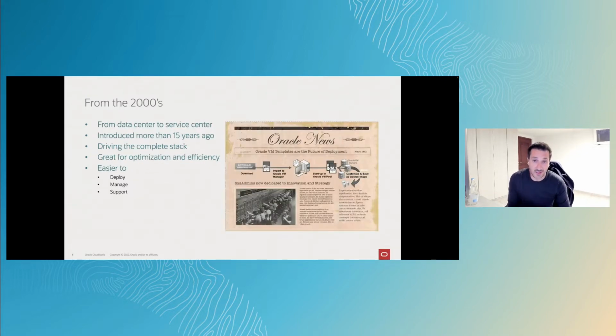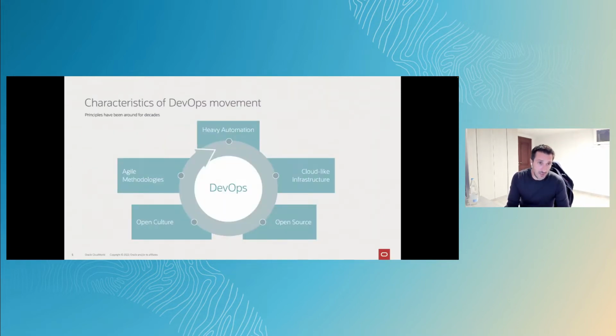Later, around 2000, we introduced Oracle VM. And with Oracle VM, we also introduced the concept of Oracle VM templates. Oracle VM templates were ready-to-run virtual machines that can be deployed on top of the Oracle VM hypervisor. And over there, we also had ready-to-run solutions with different Oracle products, for example, covering the Oracle database, as well as others like E-Business Suite and more. Arriving to today,